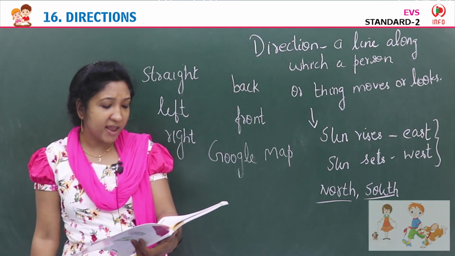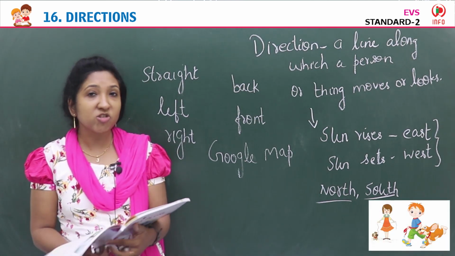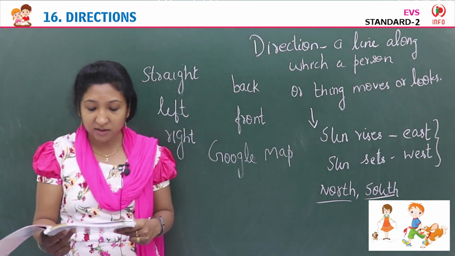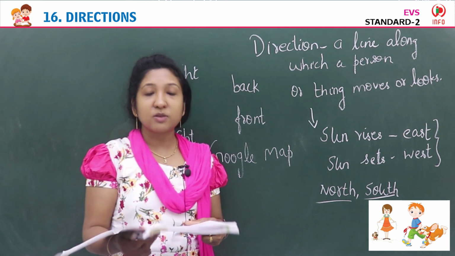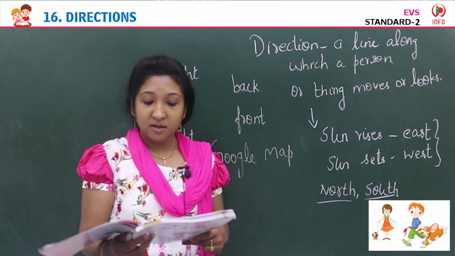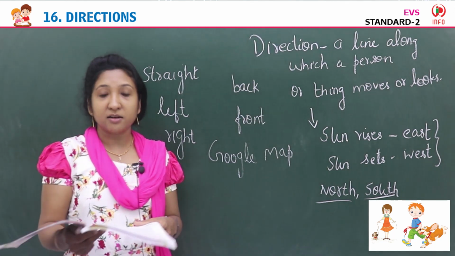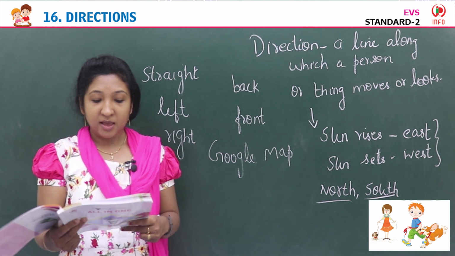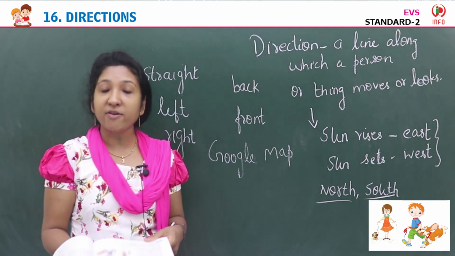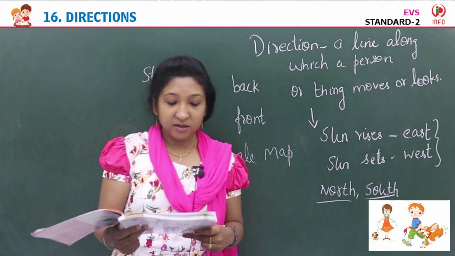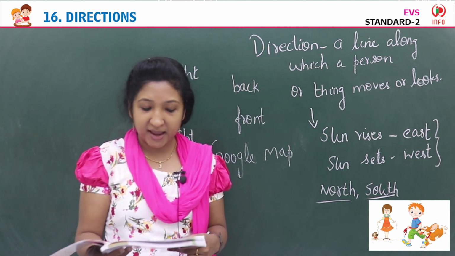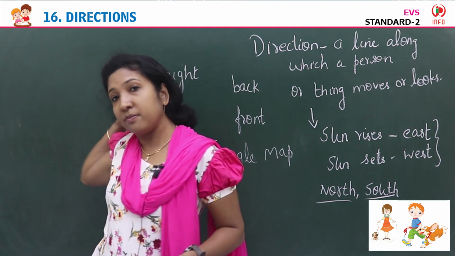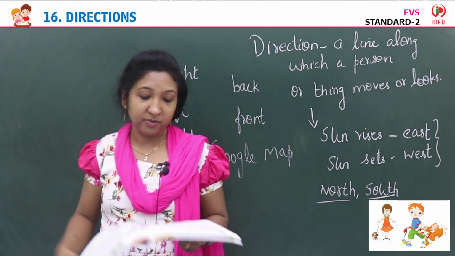Look at these children. You can see the image here. Can you see the image? Yes, look at this. One is walking to his right. One is walking to her left. Behind that girl, to the left side of the girl, we can see what? A puppy. And on the right side of the boy, we can see a dog. The forward area is front. What lies behind his back? This is front. Behind us, this is back.